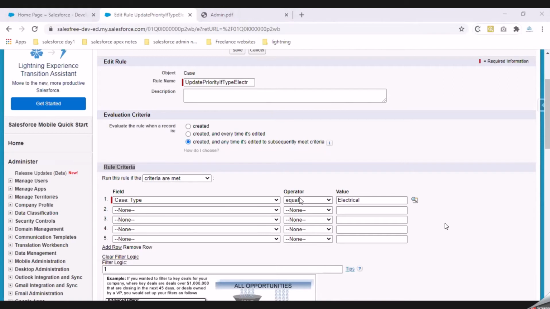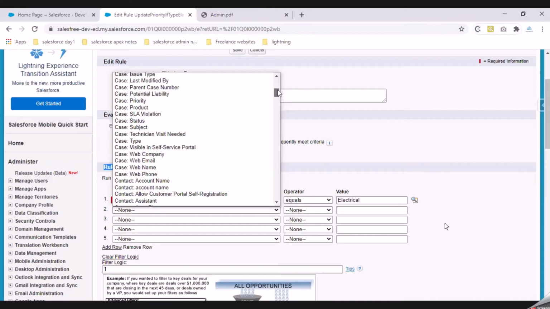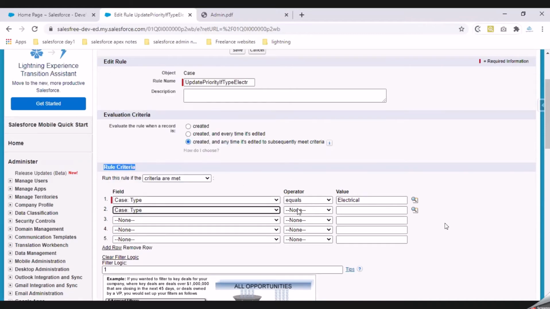All right. Since I have case type equal to electrical, for the first requirement where I need to set the priority value to high, I just need to update this workflow rule so that it also applies to my electronic scenario as well.